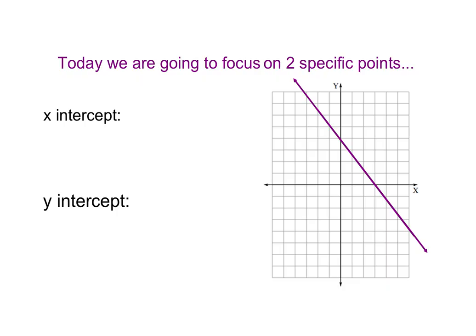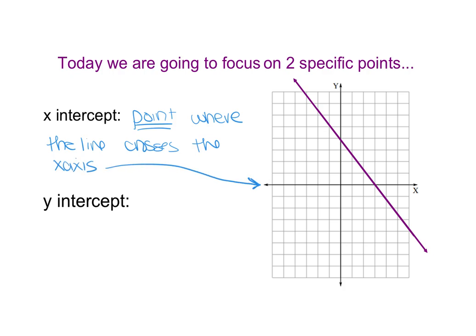So first, the x-intercept is a point on your graph. So make sure that you're always identifying a coordinate point. And this is specifically the point where the line crosses the x-axis. So remember, the x-axis is your horizontal axis that is right here, and the x-intercept is the coordinate where